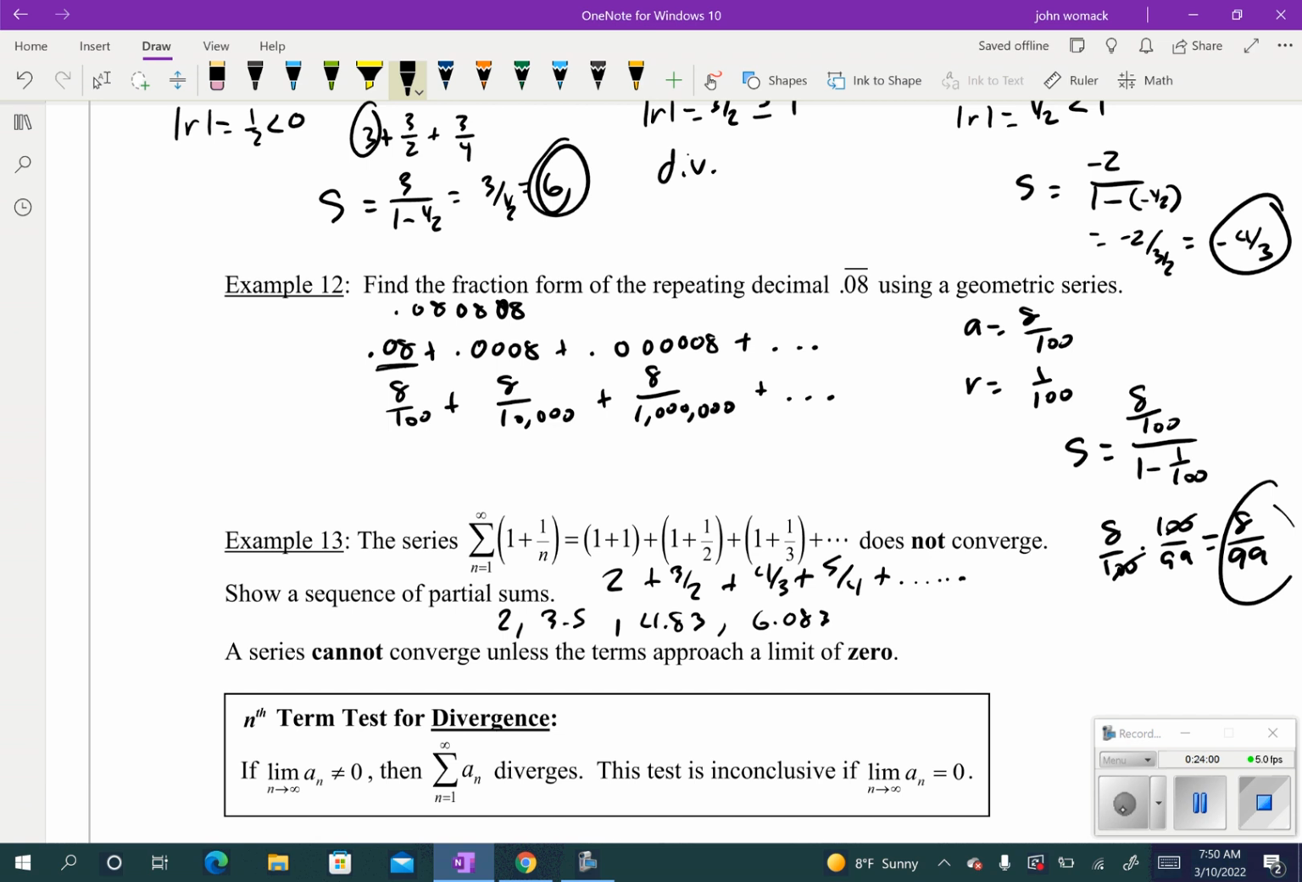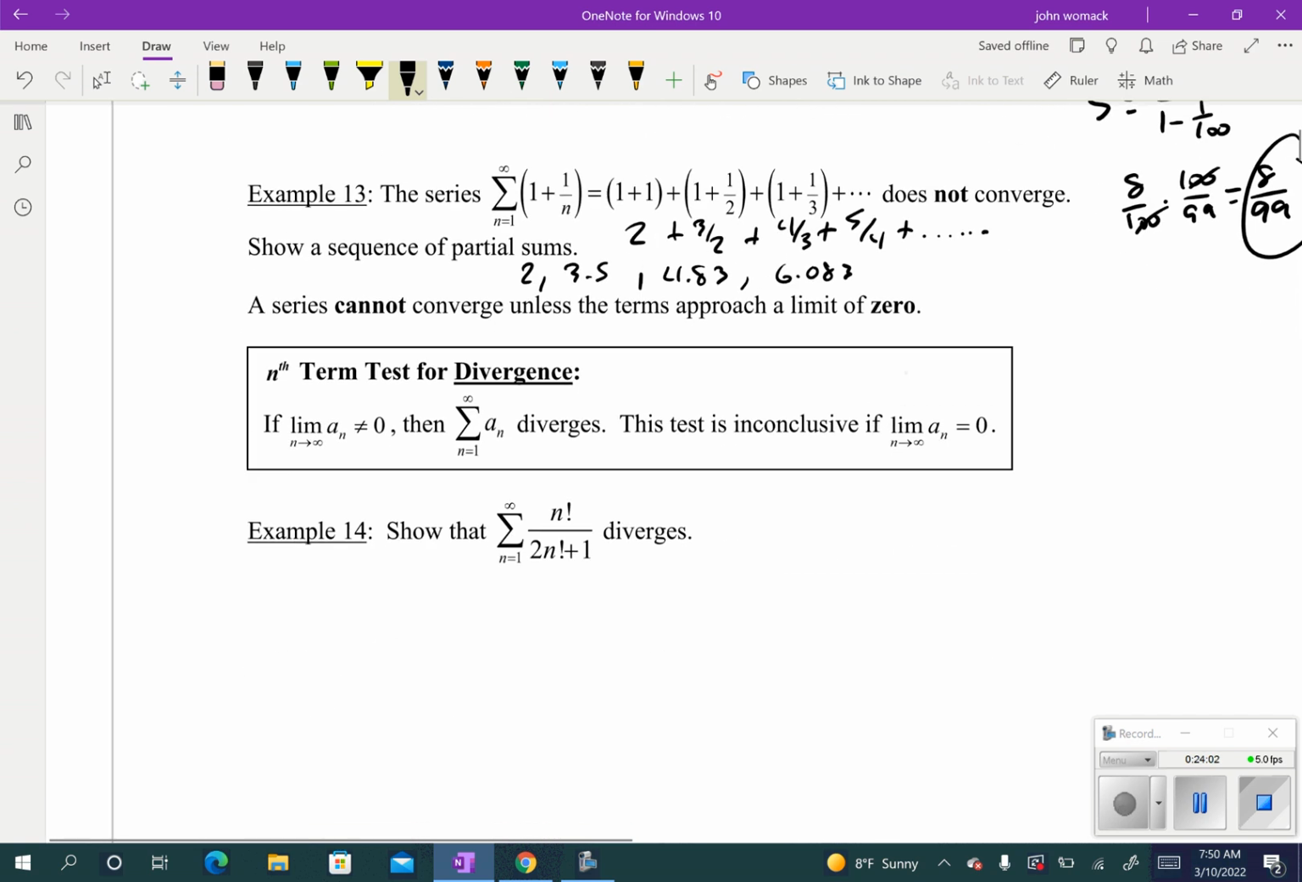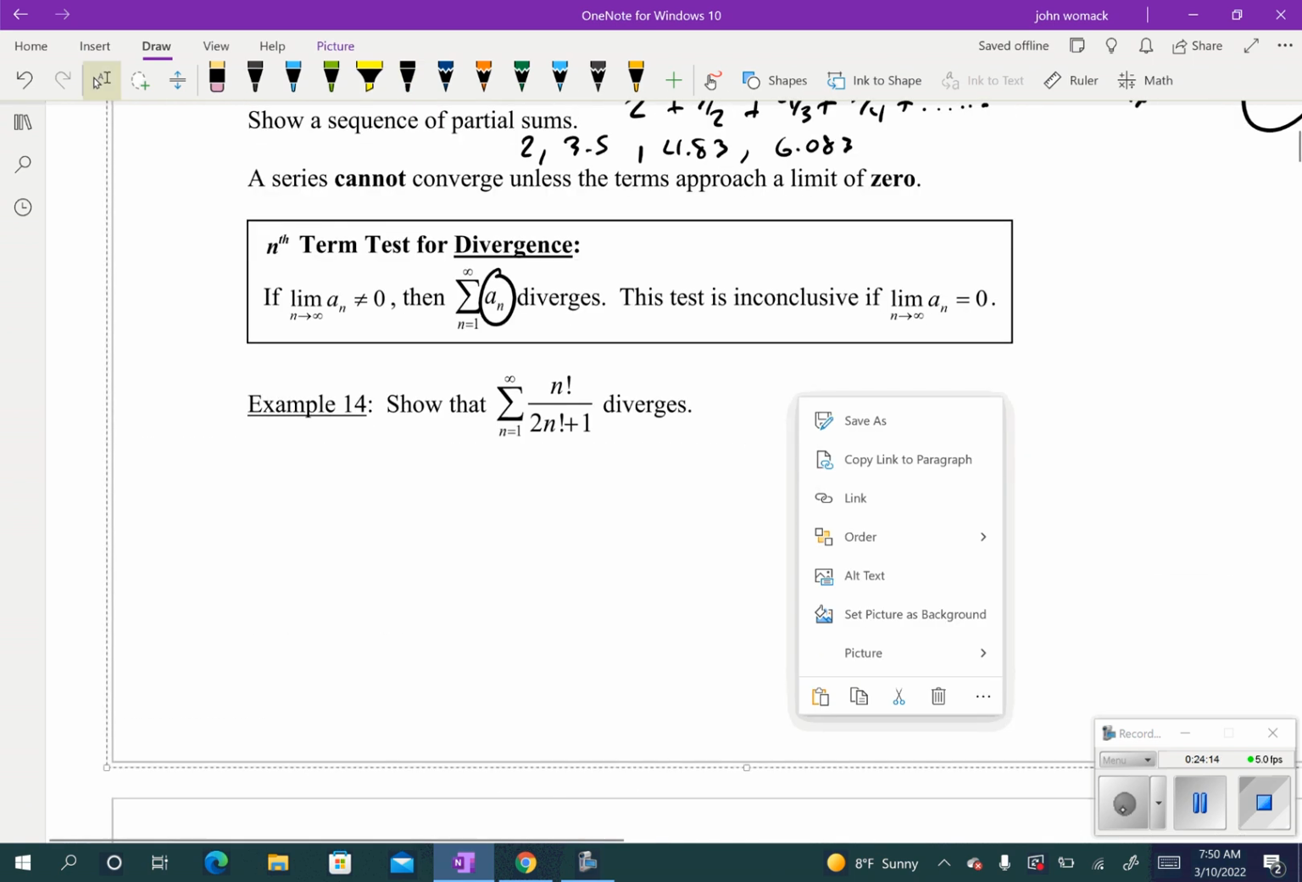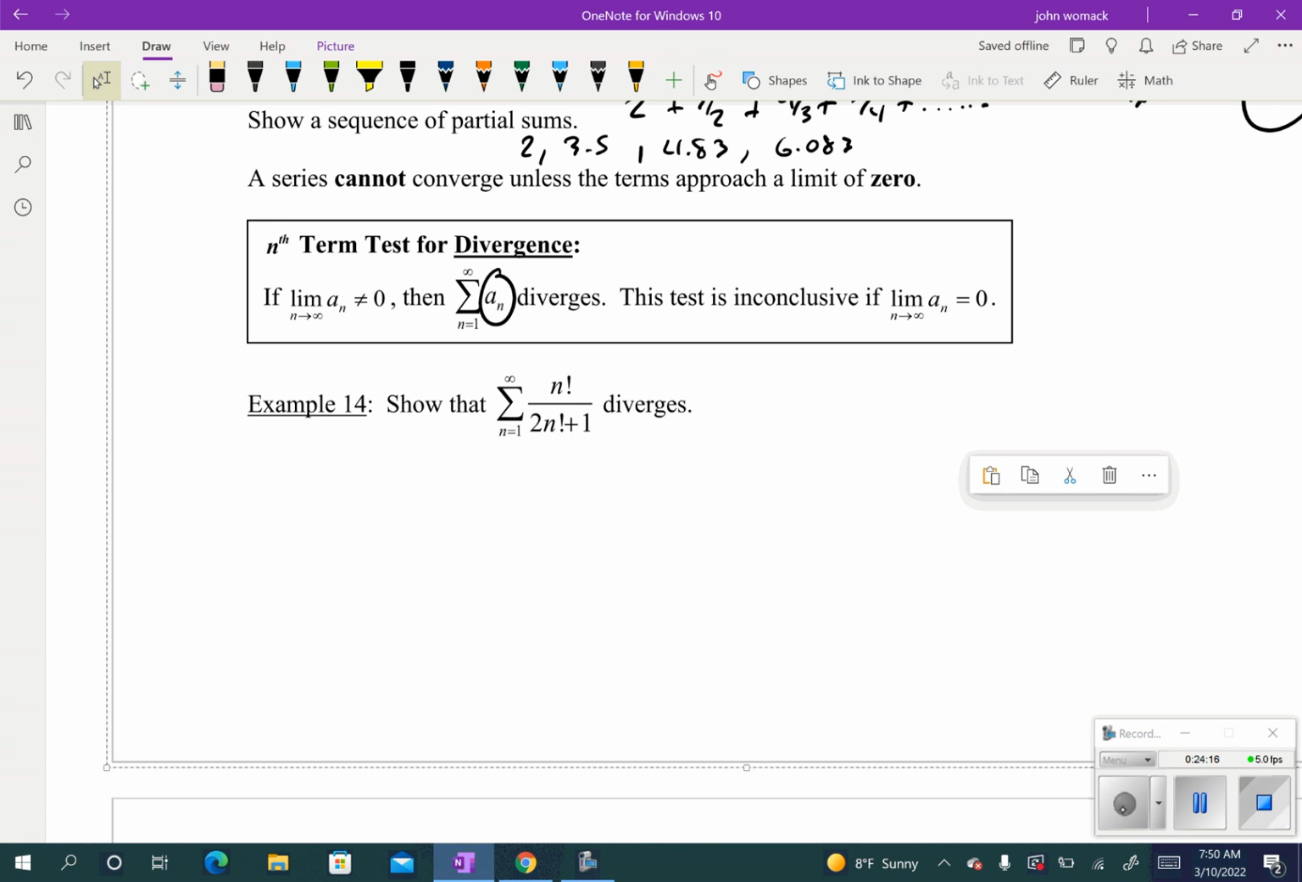So here's how you test. This is the nth term test for convergence. What I'm going to do, really simple, is I take the formula for the nth term and I find the limit as n approaches infinity. If it doesn't go to 0, that means it diverges. If it does go to 0, it's inconclusive, but that means it could converge. Okay, so let's try this one right here. I want to take this, and I'm going to find the limit